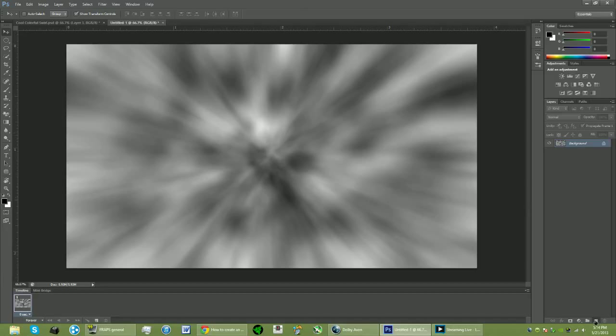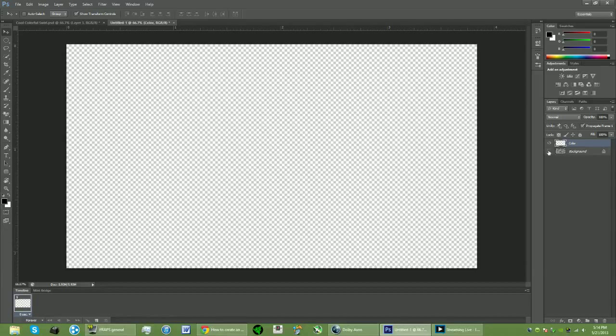For this, you're going to create a new layer now. You can name it whatever you want, but I'll change this to color. You don't have to. I just like to keep my stuff neat. So I'm going to hide the little eyeball on the background and focus on the color. So for the color, I'm going to